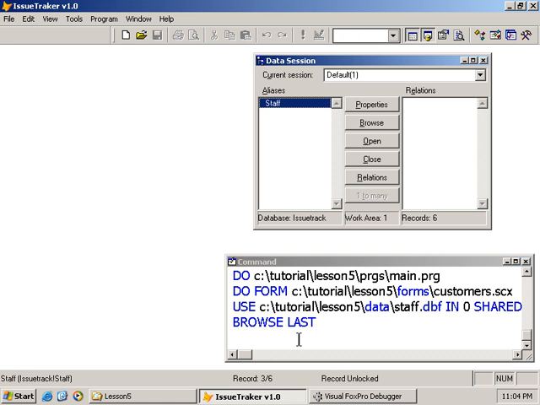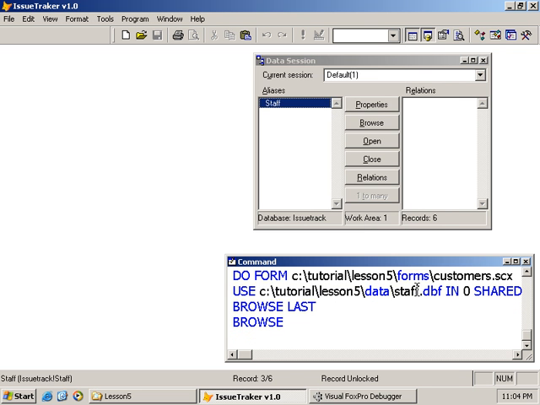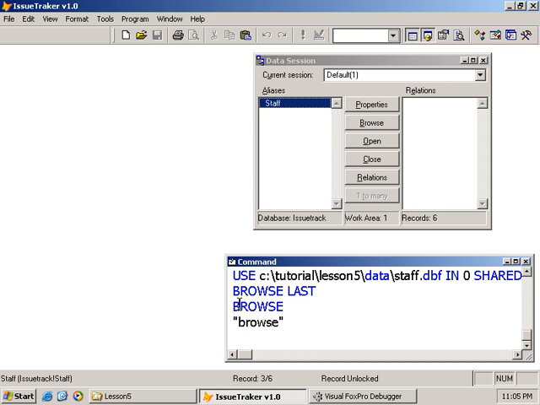If I wanted to browse a table, I would type the command browse in the window, and press enter key. If I were to type browse